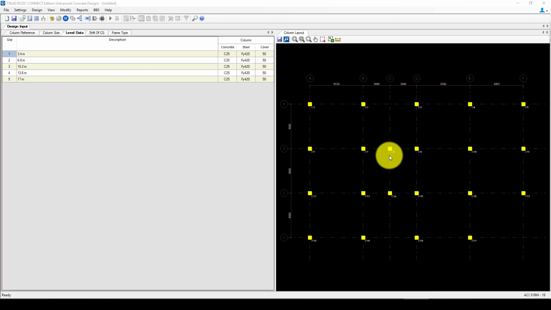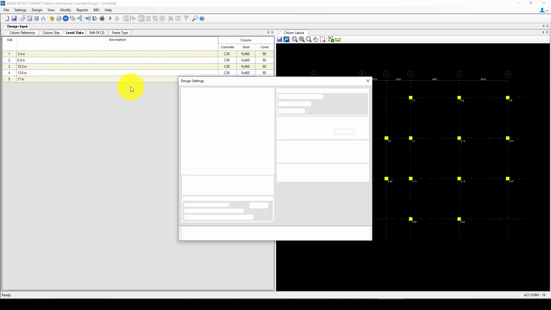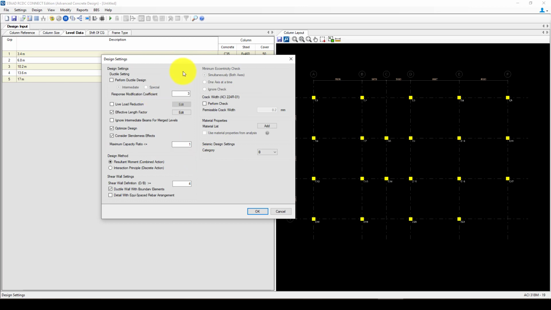Okay, now here is the entire column, and you can see this is the column. So what I want to do is change the concrete to 35, using concrete 35. The steel is using 460. So the cover is okay, that's 50 millimeters, and in the settings you can change some other parameters. So for this tutorial,